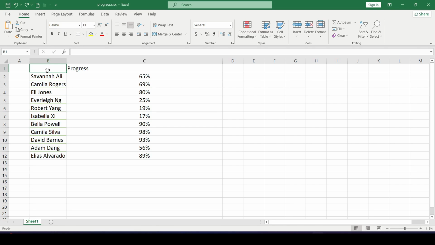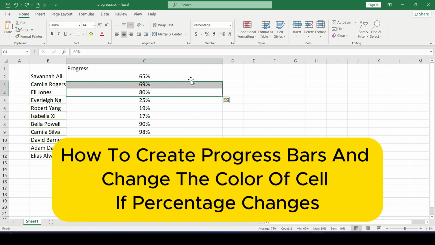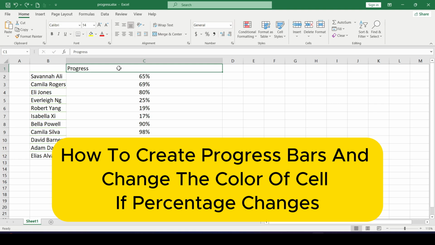Hello friends, in this video I'll show you how to create progress bars and change the color of the cells